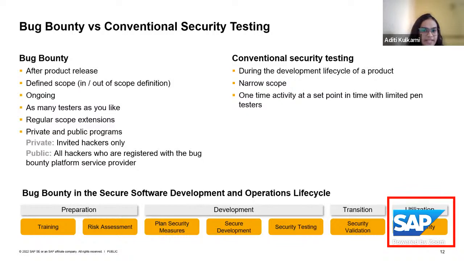This scope can be extended at any point, right? So it's dynamic. Today I might have a limited scope, and in the next 2 months, we might decide to increase the scope as well and just tell the researchers that, okay, we have increased the scope, so now you can explore even more in the application. So this kind of dynamic thing is there. And this is an ongoing activity. There is no time frame, so the vendors can decide how long we want.